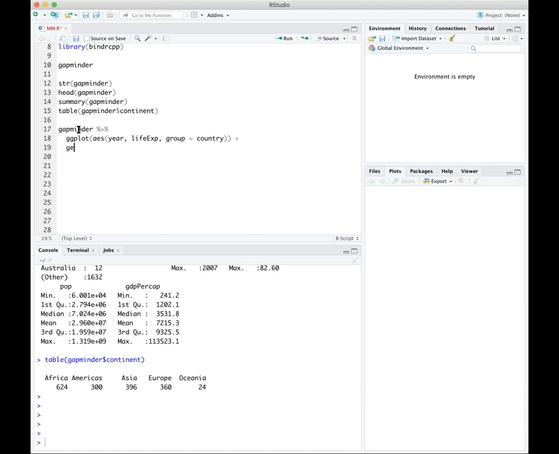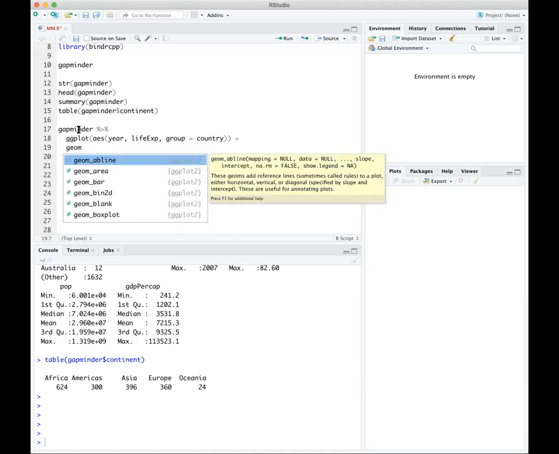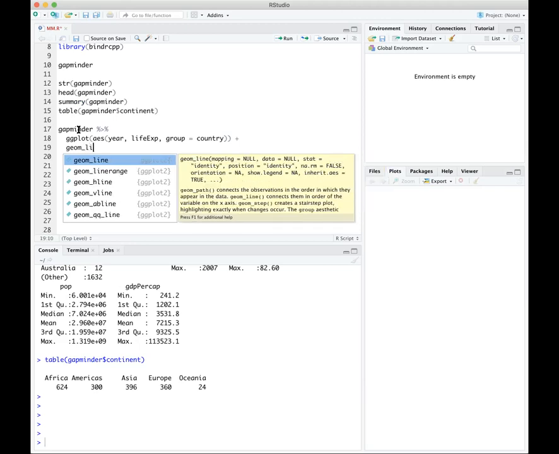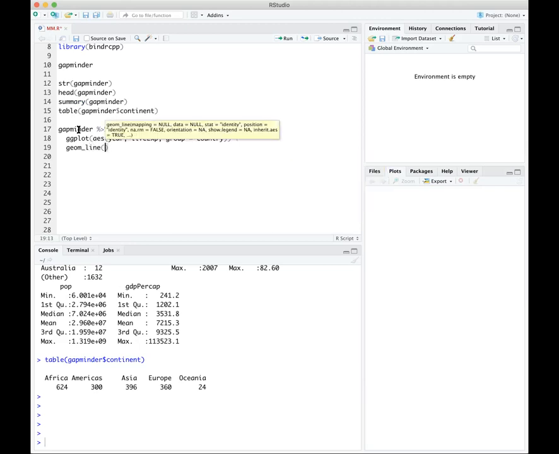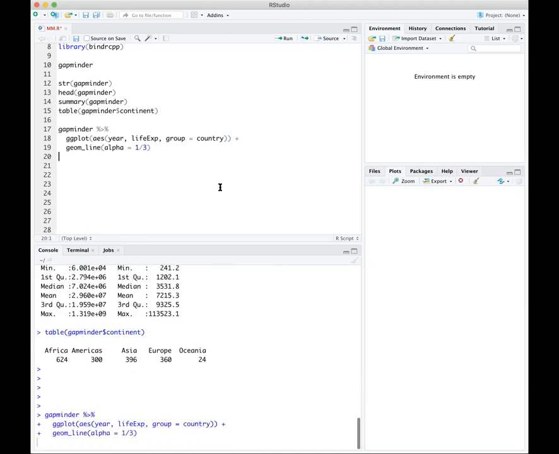And you also should add what type of plot you are looking for. And since it is going to show how life expectancy is changing by year, it's a good idea to add a line plot in here, okay? And maybe we can add one more parameter in here as alpha 1/3, and it's going to change the line type in here, okay? When I run this part,